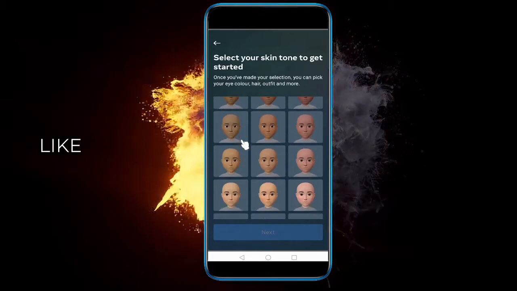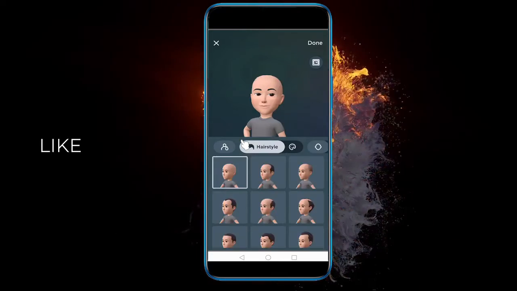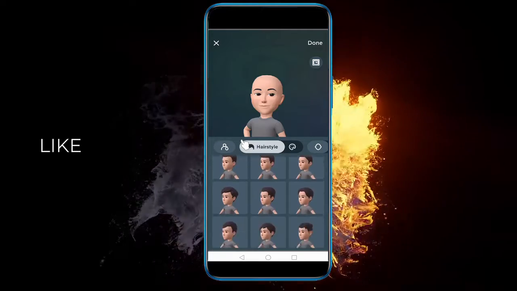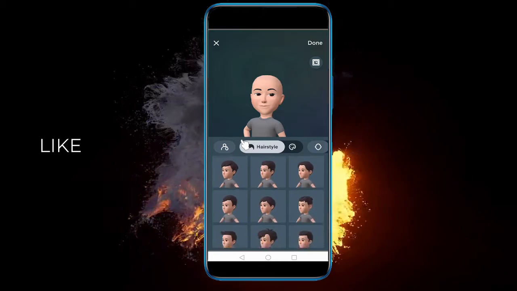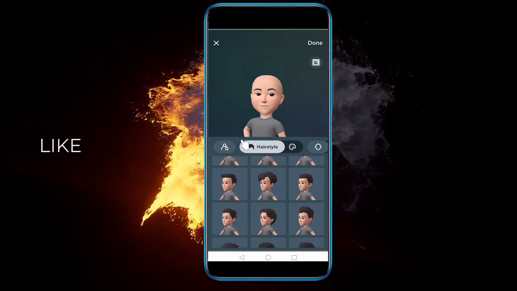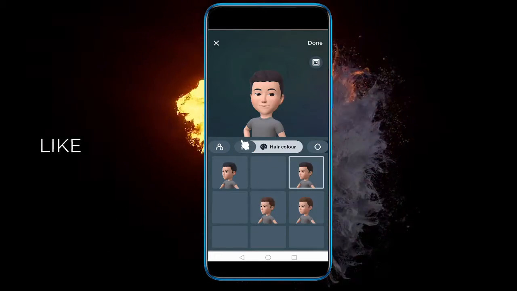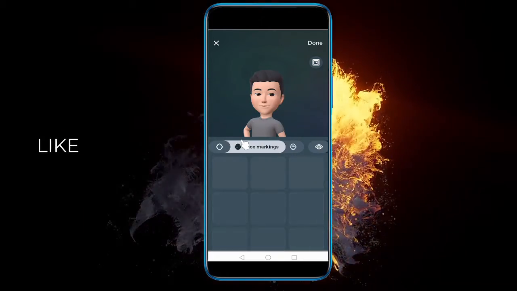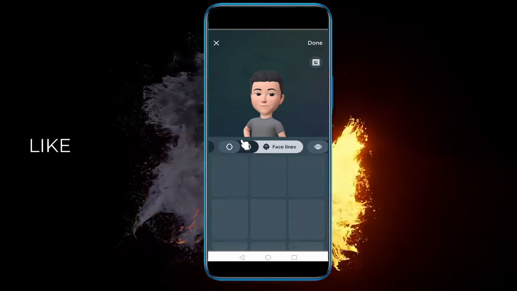And here you can select your skin tone, your hairstyle. Make sure to make it as close as possible to yours. They have a wide variety. So head, face markings. We have dots, face lines,